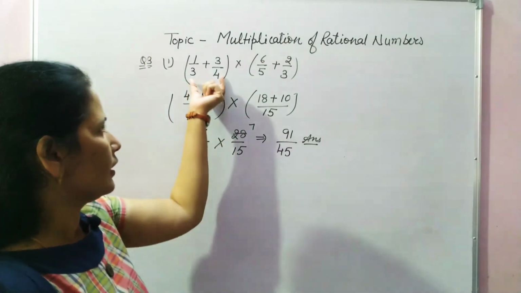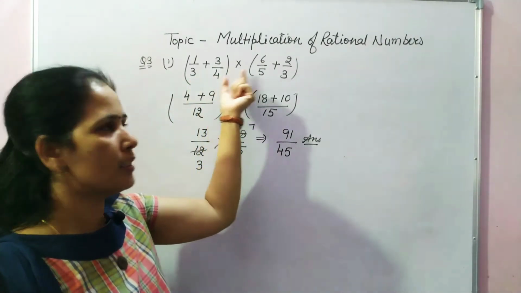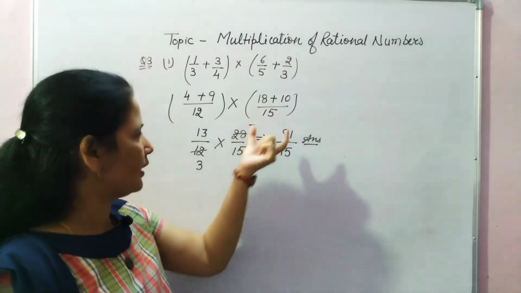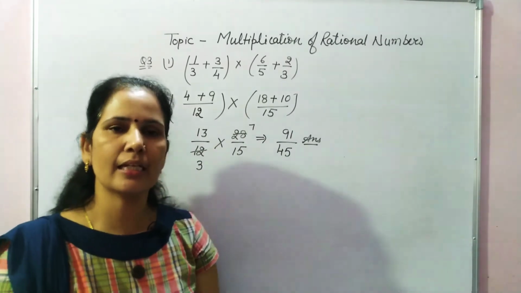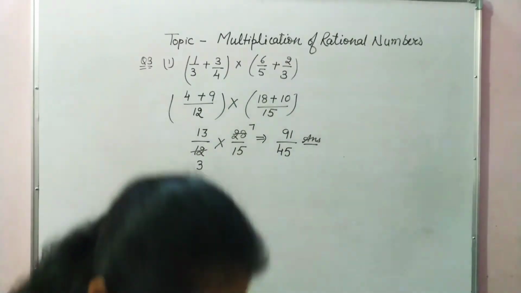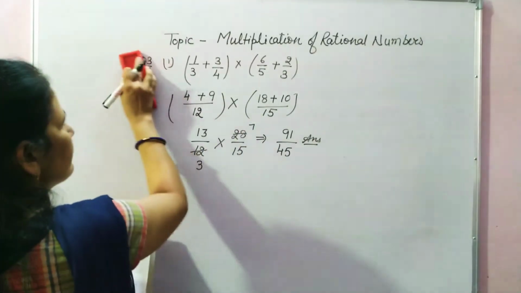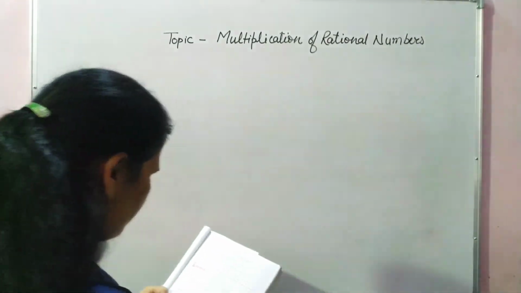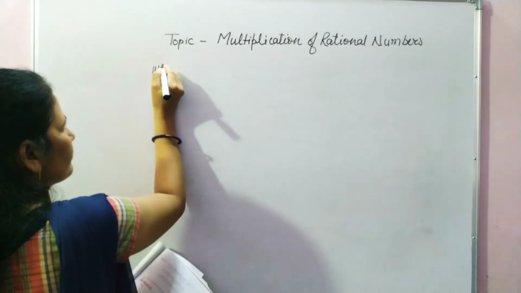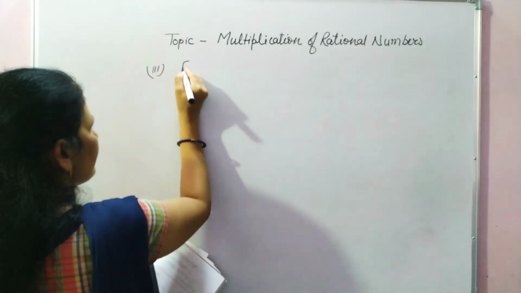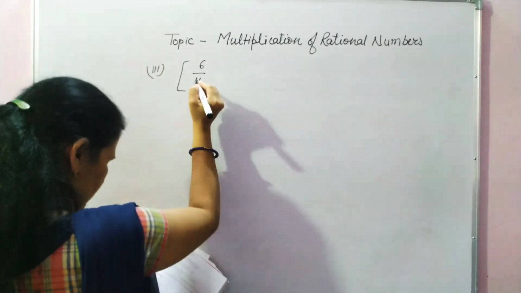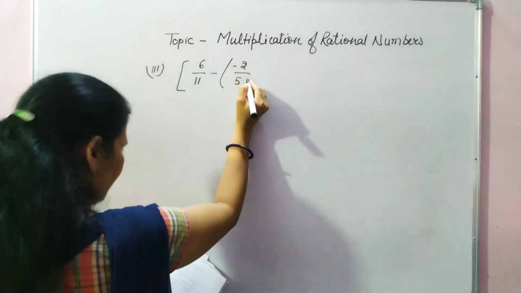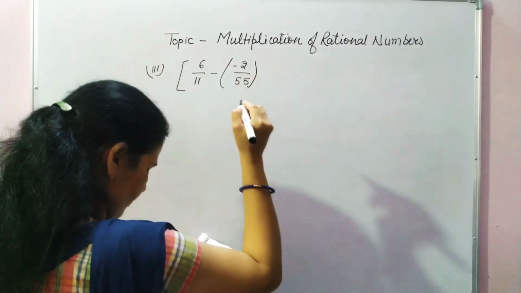They have given the sum of these two numbers multiply with the sum of the other two. So first of all we have to find the addition, the sum of the numbers, and then after we multiply. Let's take some more parts to make it more clear. Now I am going to solve part 3, the third part. In the third part they have given 6 by 11 minus 2 by 55, bracket closed, then